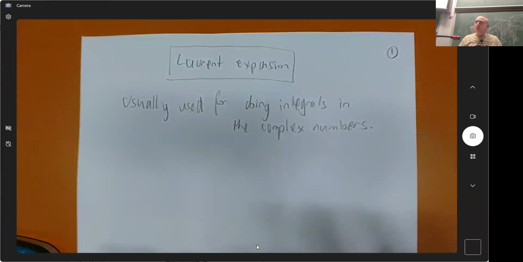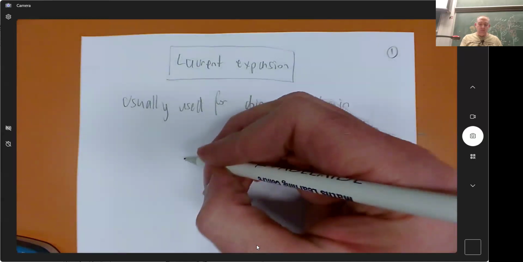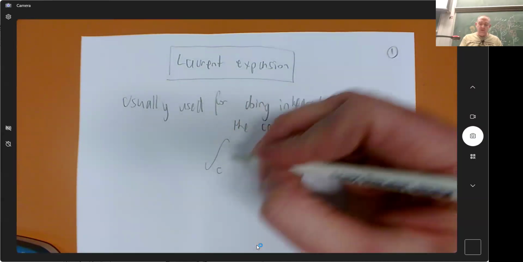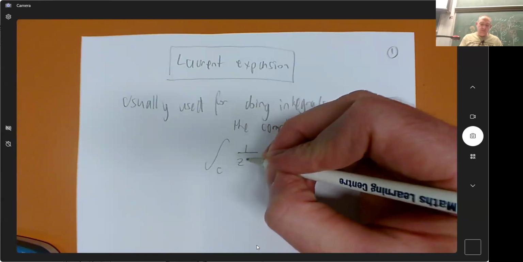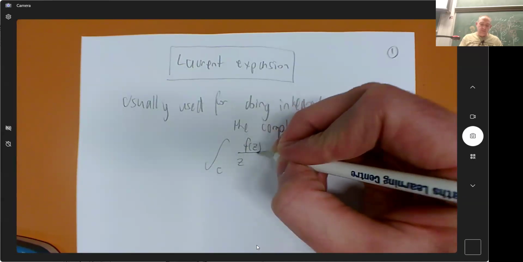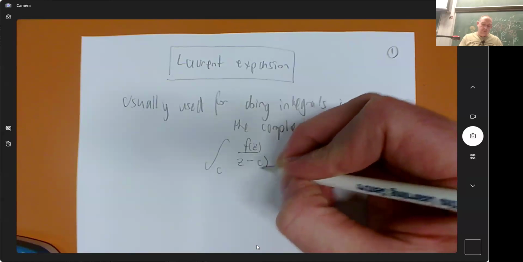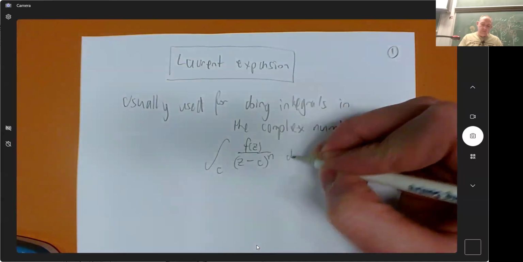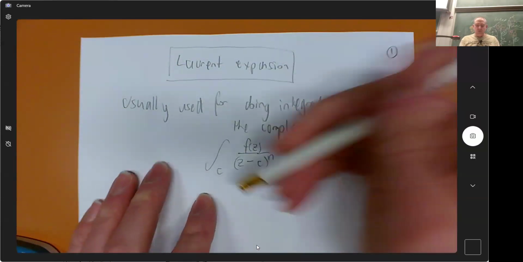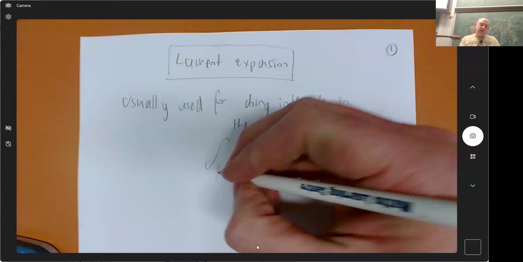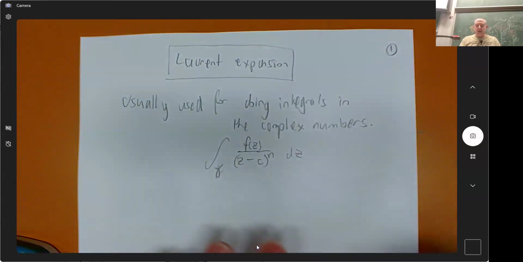And the kinds of integrals that we're going to try and do using Laurent expansions is of the flavor of this. Something like that, where, oh, I've used C for both of them. I'll call this one gamma, where